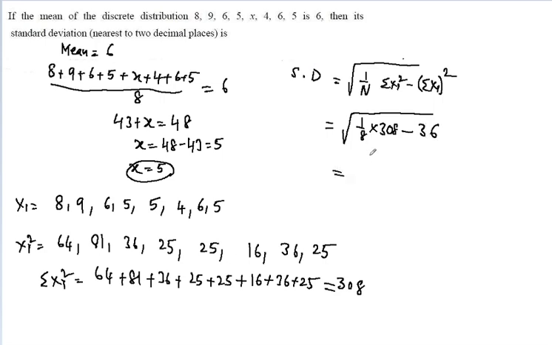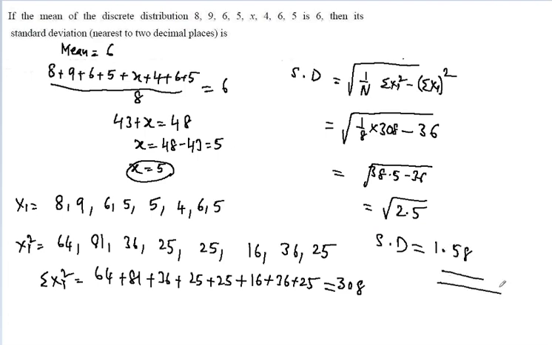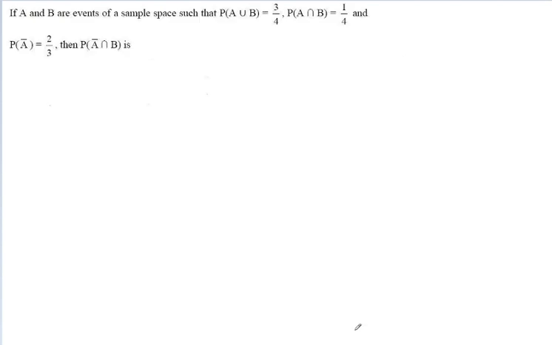So that is equal to 308 by 8, that is 38.5, minus 36, under root, that is equal to under root of 2.5. Therefore the standard deviation is equal to under root of 2.5, that is equal to 1.58 up to 2 decimals. That is the answer. Next problem: if A and B are two events in a sample space such that P